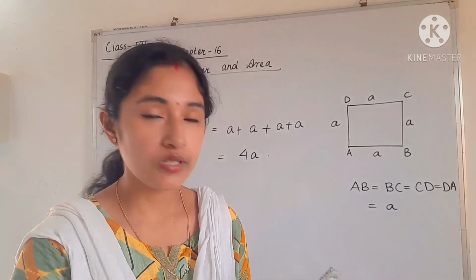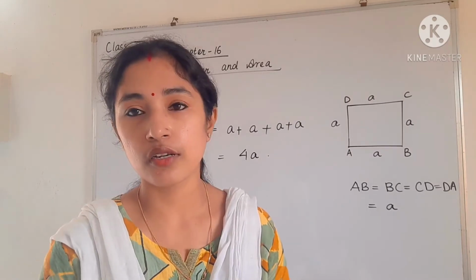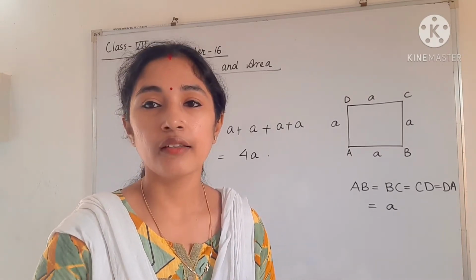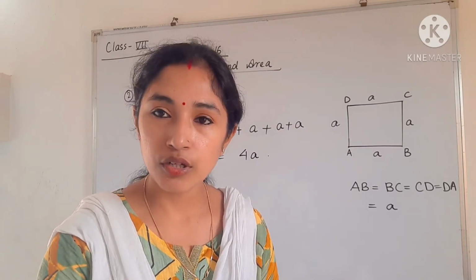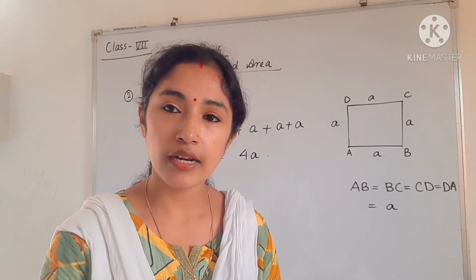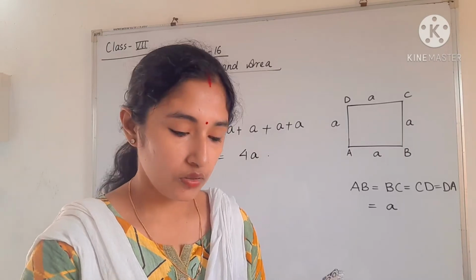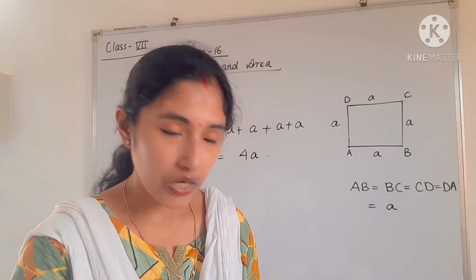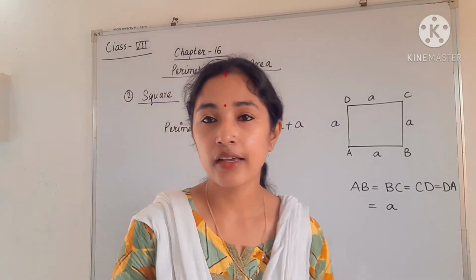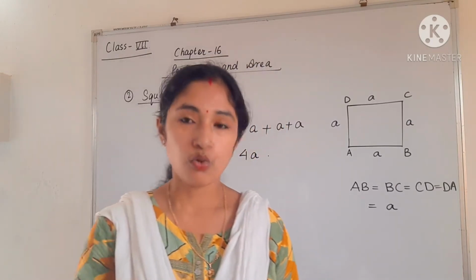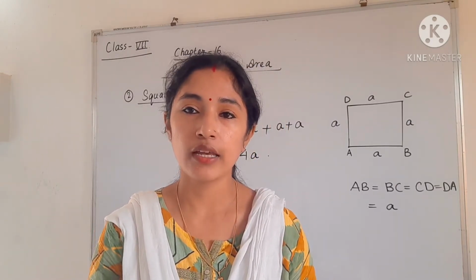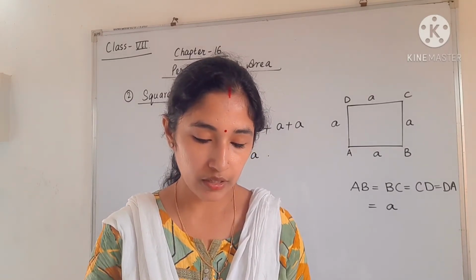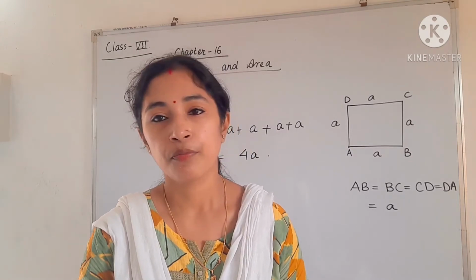Okay, so number 2 is isosceles triangle. In an isosceles triangle, only 2 sides are same. Okay, so we are taking the equal sides as A units and the unequal side as B unit. So the perimeter will be what? 2A plus B. Similarly, a scalene triangle, the triangle in which no sides are same. So we are taking the sides as a, b and c respectively. So by that way, the perimeter will be a plus b plus c.